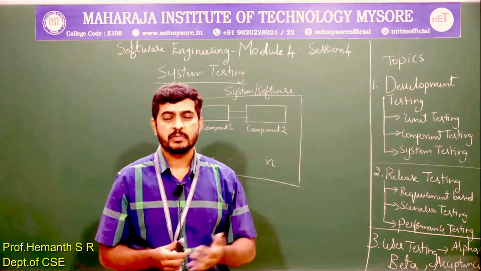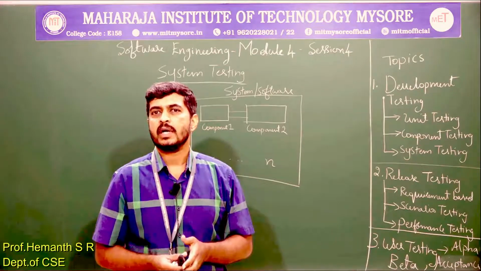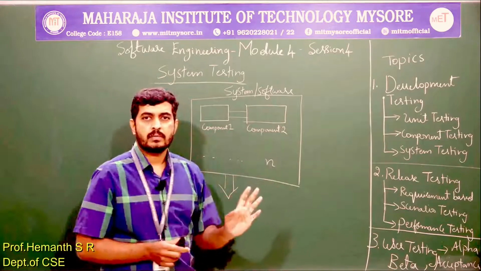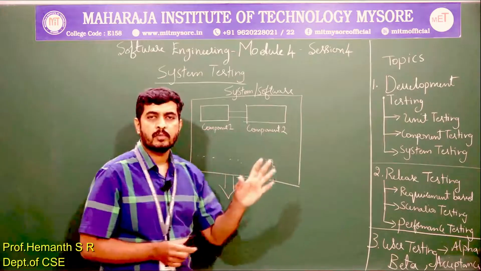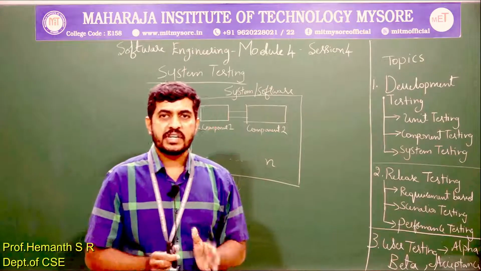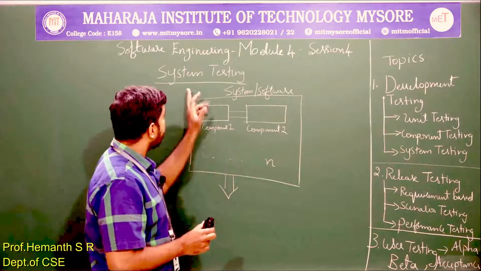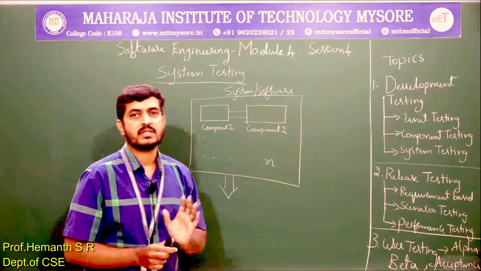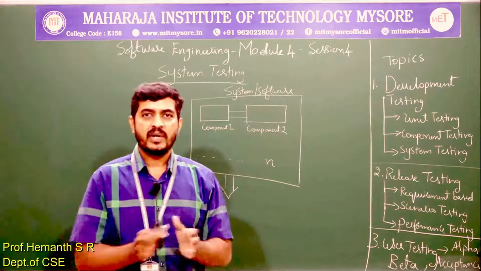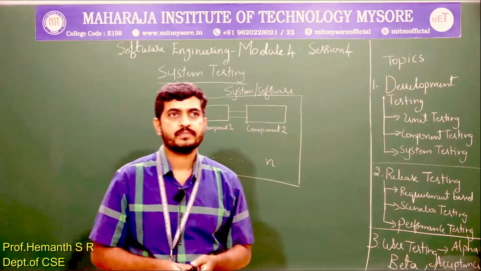So this is the emergent behavior, and it can be experienced and verified only when all the components are integrated, not 2 or 3 components or a subset of components. So we can test the emergent behavior of a software using system testing. That is where system testing can be distinguished from component testing. So please do not get confused here.